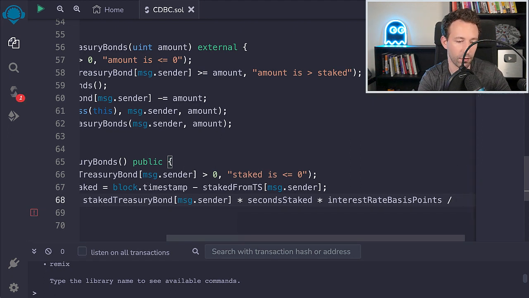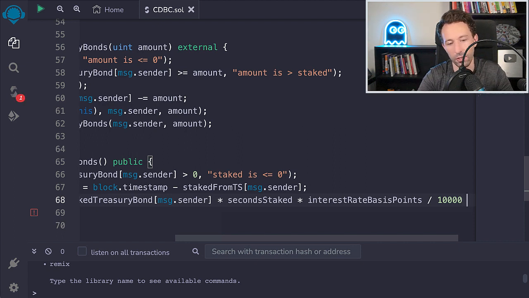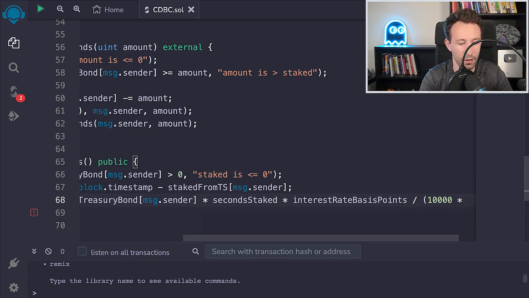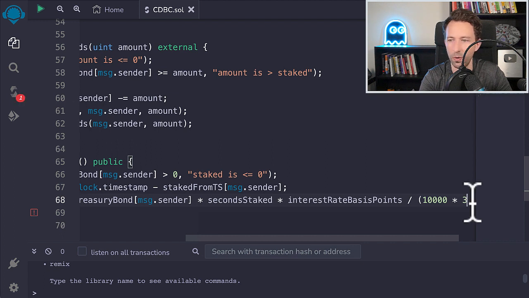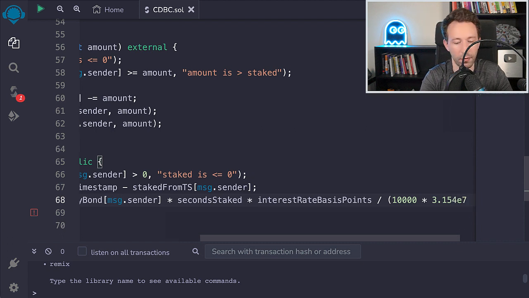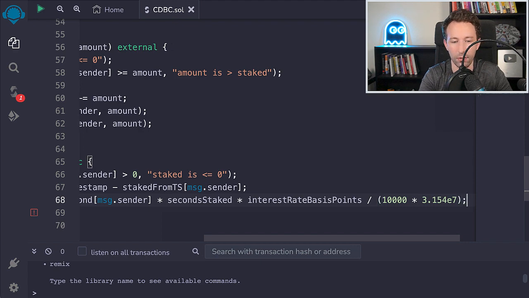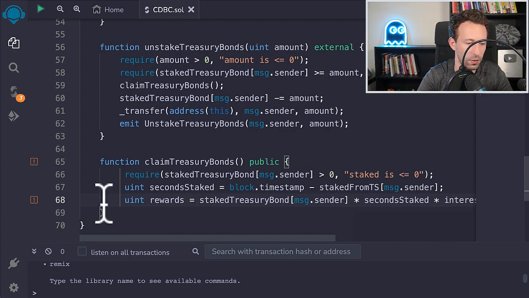So first we need to transform the interest rate in basis points. We need to normalize it, so divide it by 10,000 because 1 basis point is 10 power minus 4. And after, we also need to divide this by the number of seconds in a year because the interest rate is given per year. And here we have seconds. And so for that, we're going to multiply by the number of seconds. So it's about 31 million, 3.154 power 7. So you can do the calculation, but you'll see that it's roughly this number. All right, so let's terminate this statement. Okay, so we have our reward.